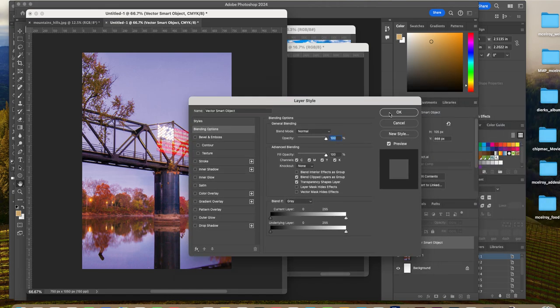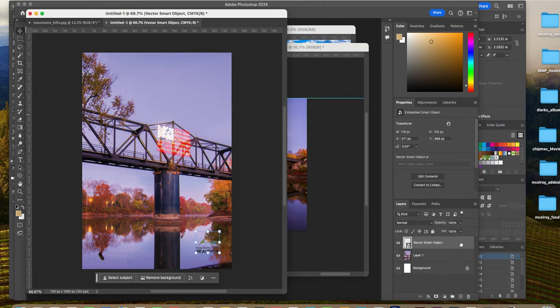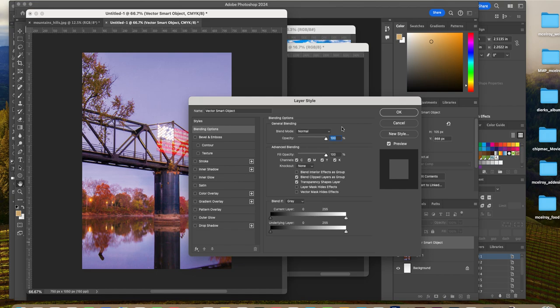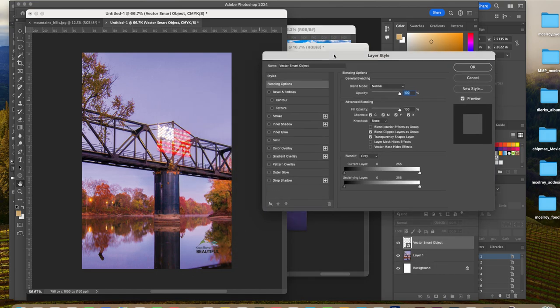Now, let's go over to our layer properties. So right over here in the gray area of your newly created Vector Smart Object layer. So right over here in your layers palette, you have a background layer, you have a layer number 1, which is the picture you copied and pasted in, and then your next layer right here is your Vector Smart Object layer. Don't double click on the name Vector Smart Object, double click on the layer properties,